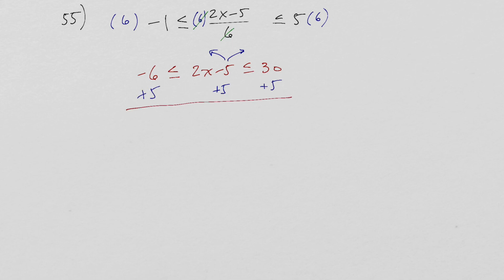Negative 6 plus 5 is a negative 1. 30 plus 5 is a 35. And finally, I'm going to divide everything by 2. So I'll get negative 1/2